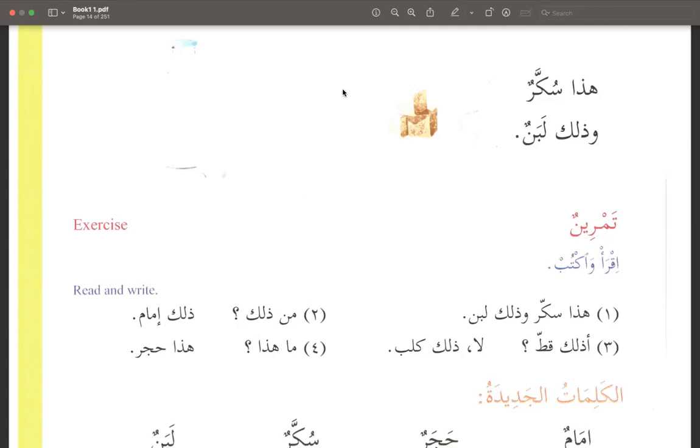In colloquial, when you stay with Arabs, you start noticing it. That's what I noticed when I spent a lot of time with Palestinians. Like hakada, like this, isi tarah, they say hik. Also laysh, why, "لأي شيء" becomes "ليش." You've probably heard this before. That's where it comes from. Other examples: حائط, wall, becomes hit. So they take a lot of shortcuts. You just have to focus and then you'll figure out what they're doing.